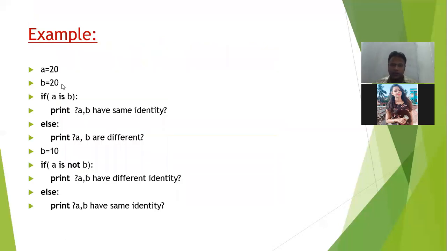So if you write a equals to 20, b equals to 20, a is b, so both are having the same identity.